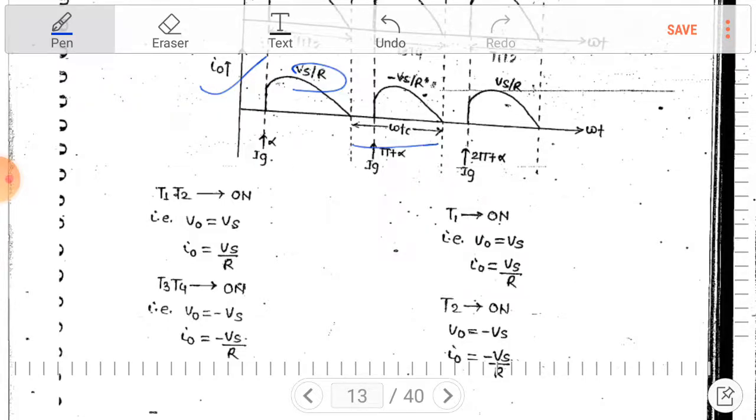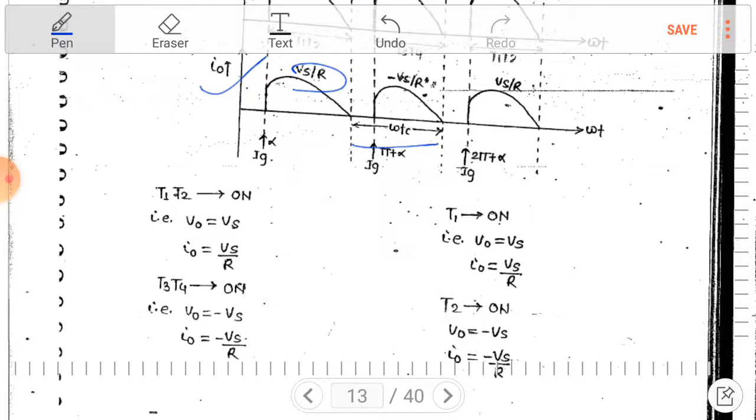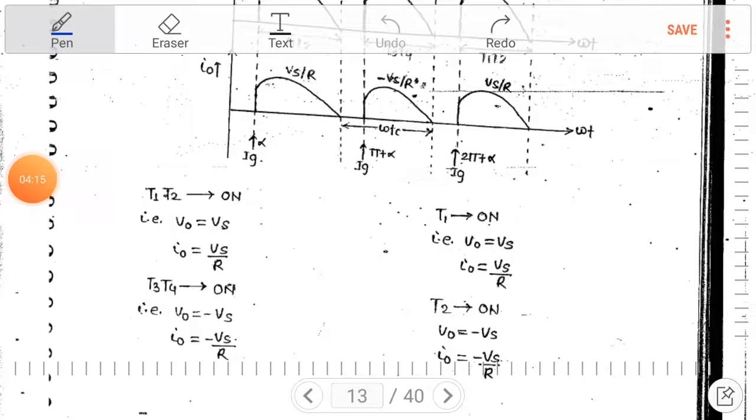This is the circuit turn off time. As we all know, circuit turn off time is the time for which we have to apply the reverse bias so that our thyristor achieves a good commutation process, or there is no false triggering. Here omega tc, the circuit turn off time, is pi radians for single phase full wave rectifier. This is for bridge and this is for midpoint.